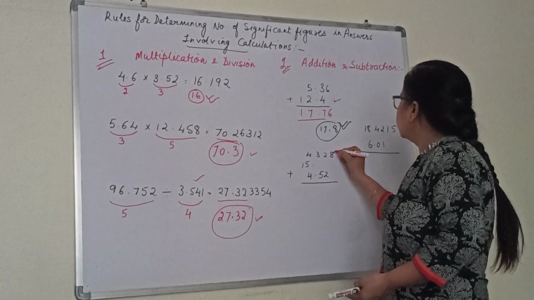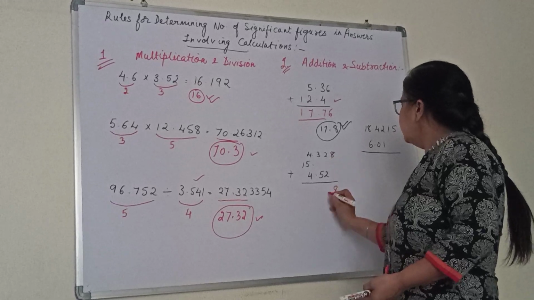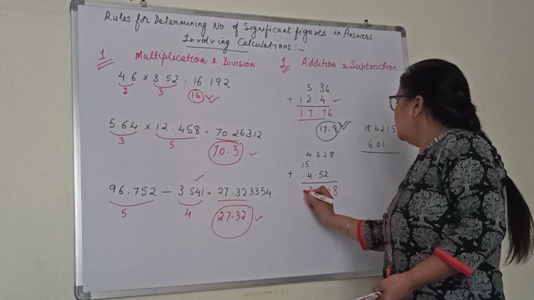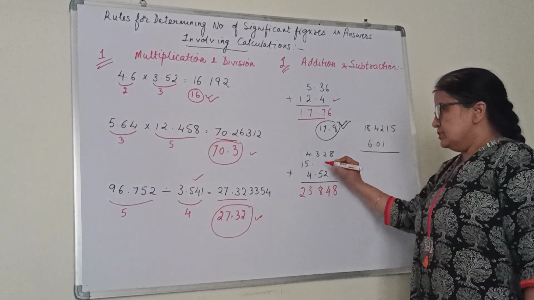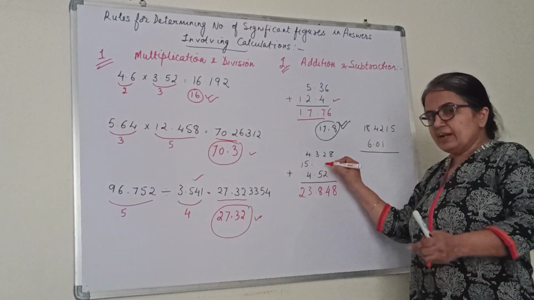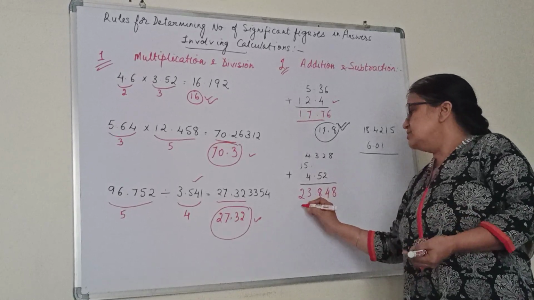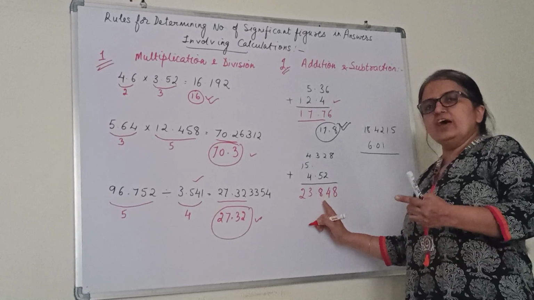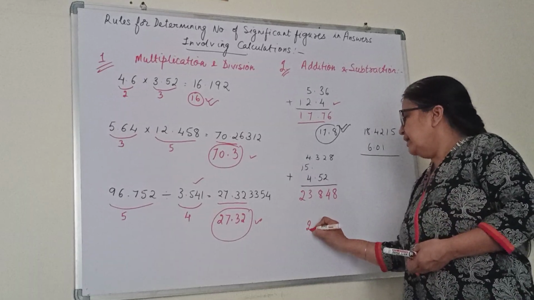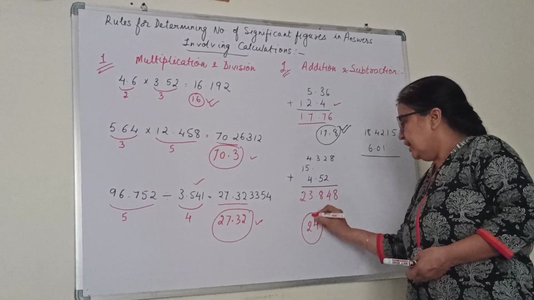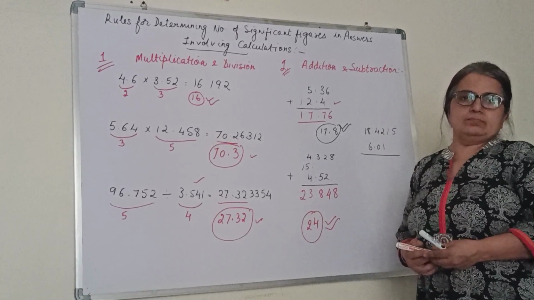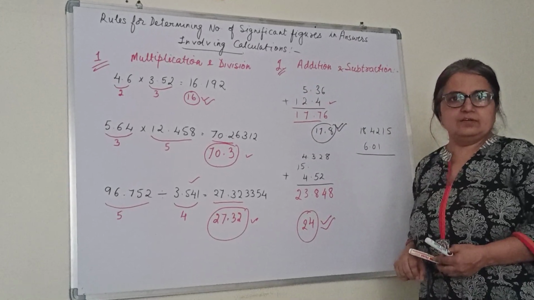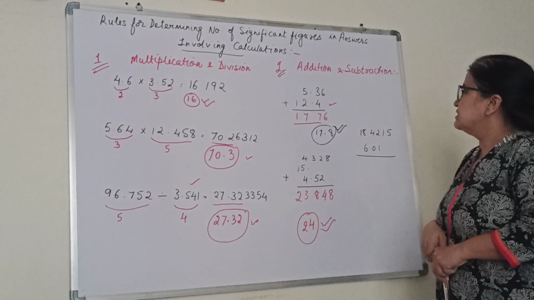Let us first add and see. You will add here, this is 8, this is 4, this is 8, this is 3, 1, this is 2. So this is not having any number after the decimal. So our answer also will not have any number after the decimal. But after the decimal you are having a greater number. So you will increase this by 1, and you will write the answer as 24. You will represent the answer. In the calculation you are going to show this as the answer. Clear?